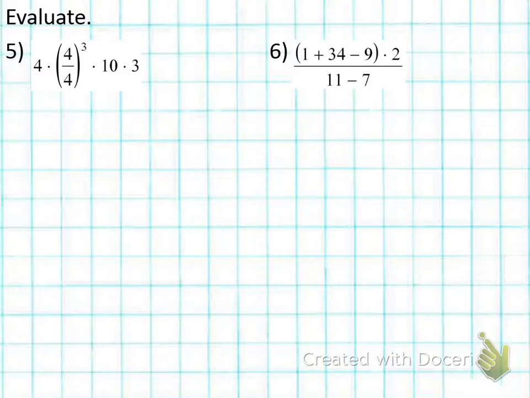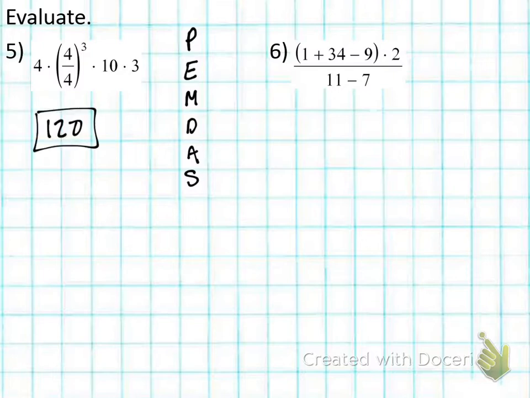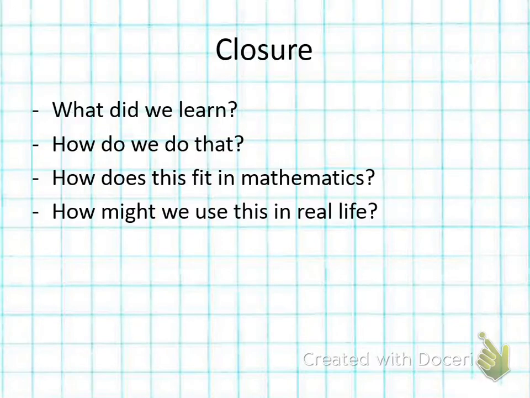Okay, number 5. This one's a little harder, right? Starting with PEMDAS, right? Let's do these 2 and then we'll be done with this lesson. 120 is your answer for this one. Good. Next one. Last one, number 6. Again, you're copying PEMDAS down. So make sure you got that written down, okay? The answer is 13, alright? That's it. All right, that concludes our lesson. So while you shut off your iPads